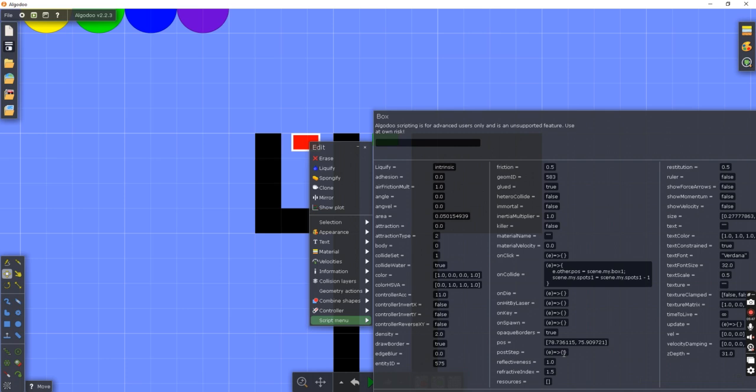Now we want to keep a code such that once this thing becomes 0, we want this thing to get killed. So here we are going to go to the post step. There we are going to keep an if condition, so that each and every moment it's going to check if this condition is true. That's why we're keeping this post step. There we'll keep this variable, if that equals 0. Basically in the if condition, if c.my.spots1 has become 0, then